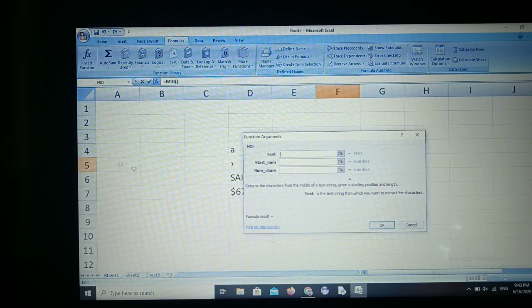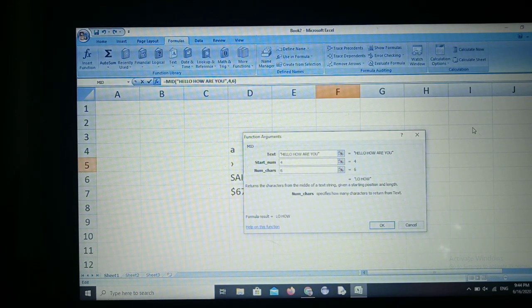Next is MID. It returns the characters from the middle of a text string, given a starting position and length. You give the string, "hello, how are you", the starting number is 4, and how many characters do you want from the fourth position? 6 characters.